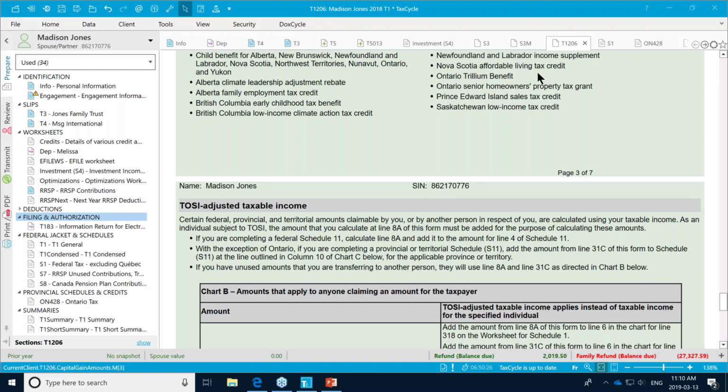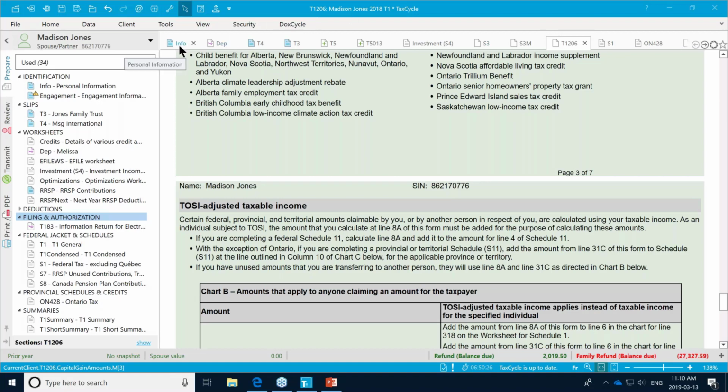There is no change in how the dividend tax credit for foreign income is being used in the calculation of TOSI this year, but there is a new addition in that calculation in that now on the federal and provincial, the CRA and the provinces are allowing the provincial disability claims to be included in that alternate tax calculation for reducing the TOSI amount owed. So let's get started here.